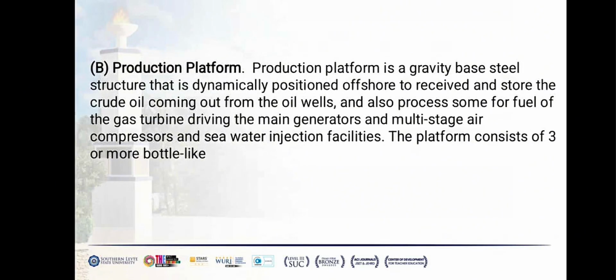B. Production platform. The production platform is a gravity-based steel structure that is dynamically positioned offshore to receive and store the crude oil coming out from the oil wells, and also process some for fuel of the gas turbines driving the main generators and multi-stage air compressors and seawater injection facilities. The platform consists of 3 or more bottle-like